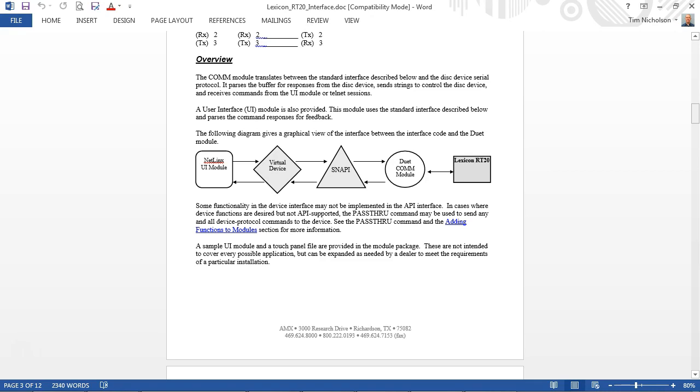Next, we have the COM module. This is compiled Java code which acts as an interpreter between Snapi commands sent to the virtual device and the actual strings sent to the third-party device. The following diagram illustrates what this interpreter is doing under the hood. Lastly, in the flowchart, we come to the third-party device we are communicating with. So the last bidirectional arrow just indicates that communication flows between the COM module and the real device